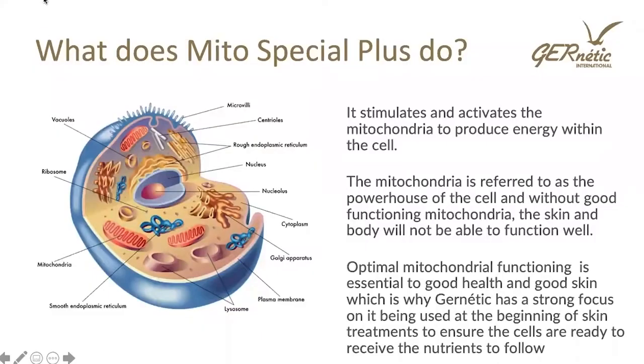So just going back to what we were talking about before, what does Mito Special Plus do? Well, it stimulates and activates the mitochondria to produce the energy within the cells. And the mitochondria, as you know, will often be referred to as the powerhouse of the cell. And without good functioning mitochondria, the skin and the body will not be operating to its prime. So in skincare and in overall health, the optimal mitochondrial function is essential to everything else working correctly,